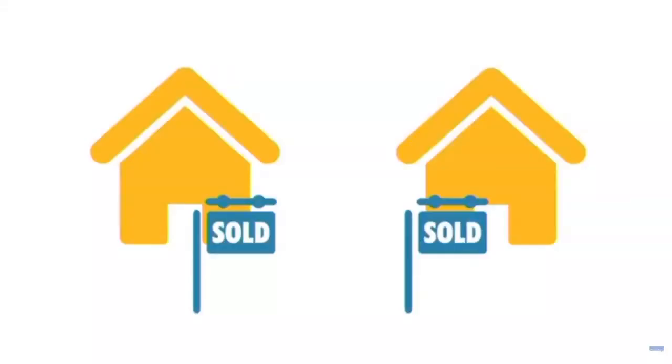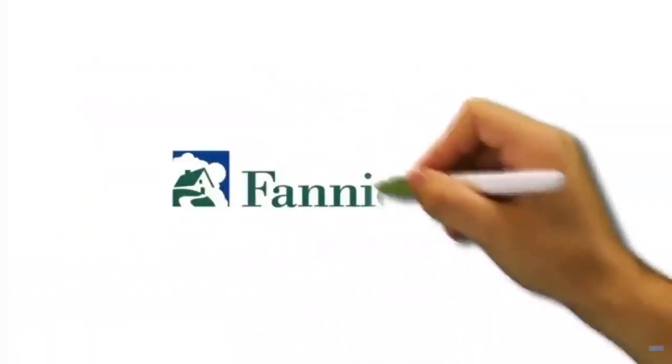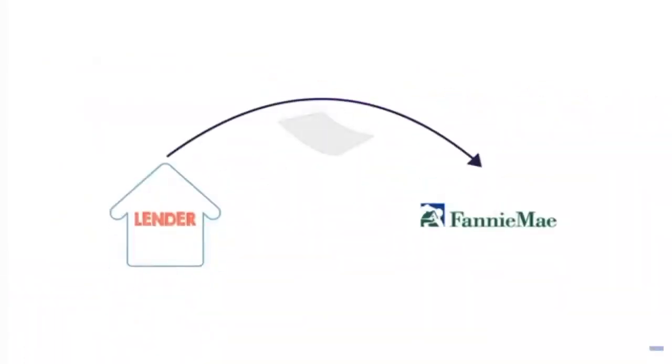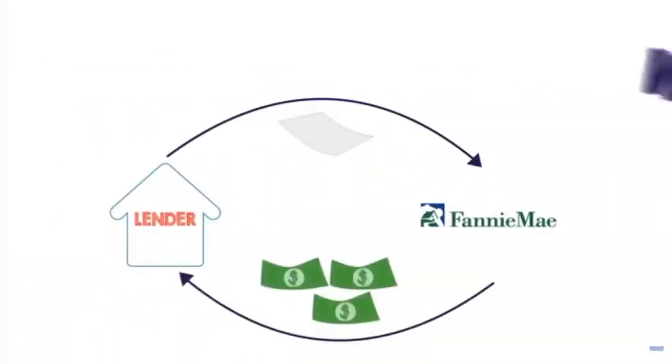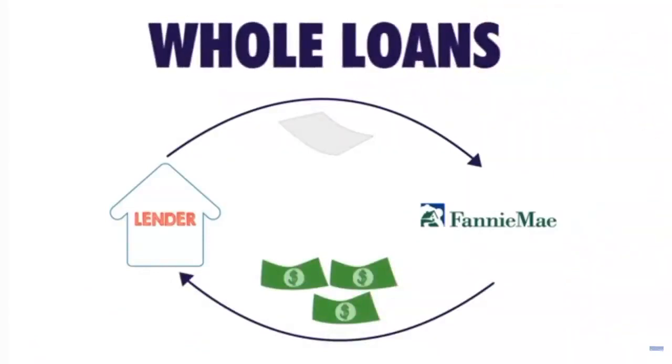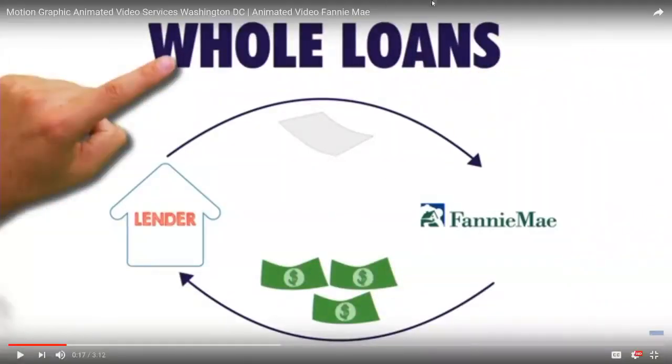The lender may need to replenish its funds sooner than the borrower can pay back the loan. That's where Fannie Mae comes in. We purchase the loans and give the lender cash in return. These are known as whole loan purchases. So you see, basically here, Fannie Mae is just acting as the SIV or SPV kind of role. They buy the mortgage from the lender, basically the banks, and they give banks cash.